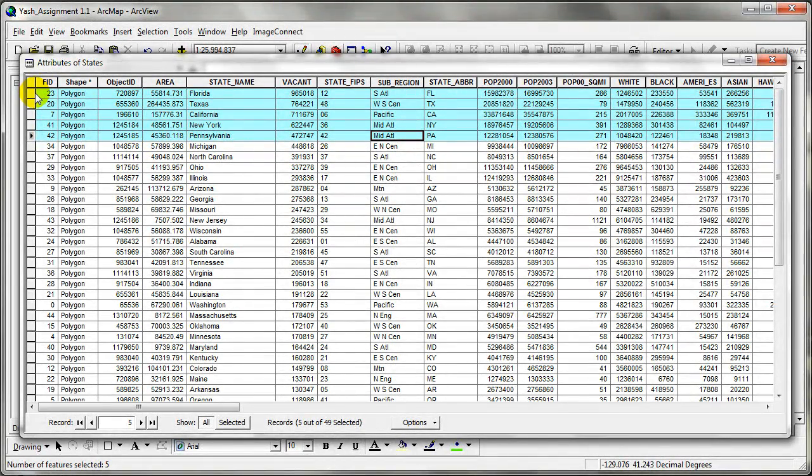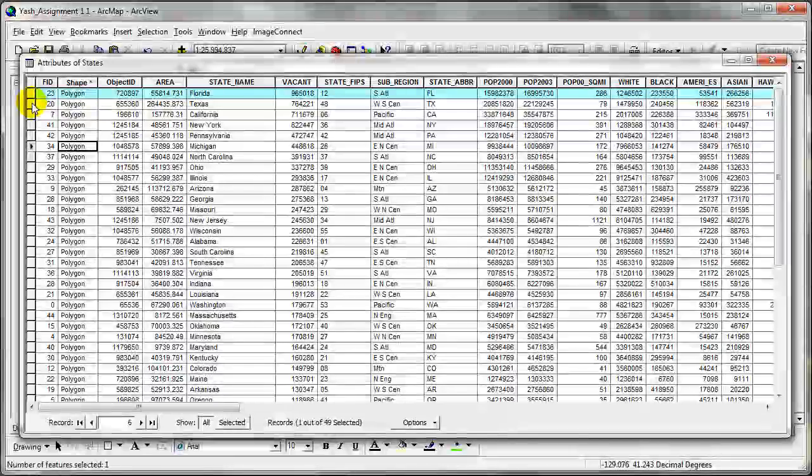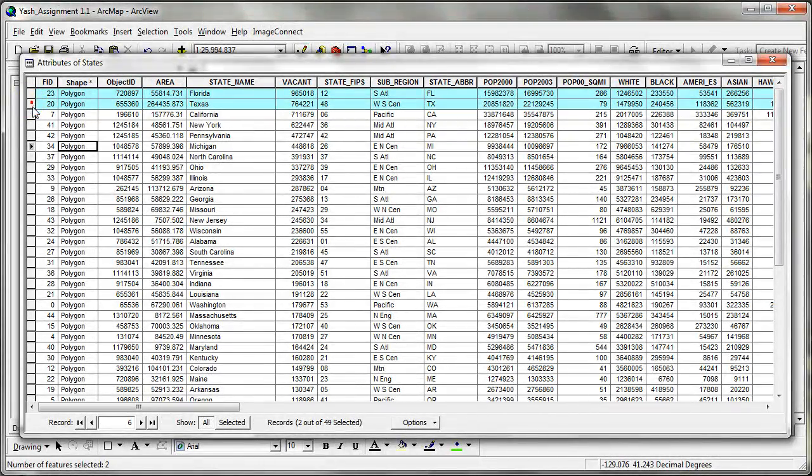I'm gonna click and hold Control while I select my first state, and continue to hold Control down and select the next one, the next one, and the next one, and the fifth one also. Okay, this is how you select. Press and hold Control down while you actually make your selections. Okay, so as you can see, Florida, Texas, California, New York, and Pennsylvania have the highest vacancies, and